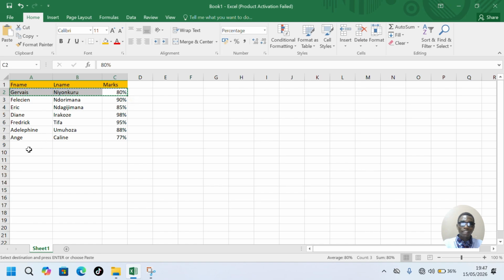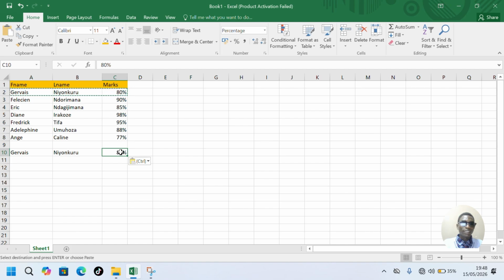What you need to do is just to come, for example, click here where we are going to paste it, and now you click on the paste icon, this icon, right? Or just click Ctrl V as a shortcut. Do you see? Once you click on it, automatically it is now pasted here, right? So this is a simple trick for beginners, so that you can just save your time while you are developing your Excel